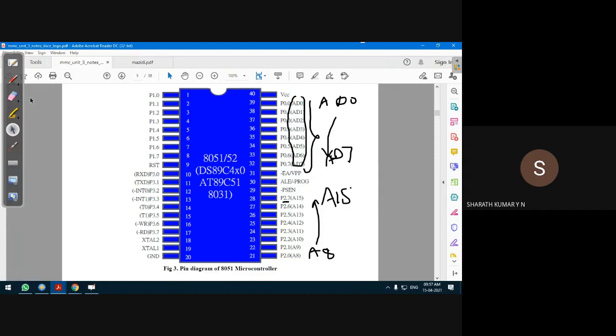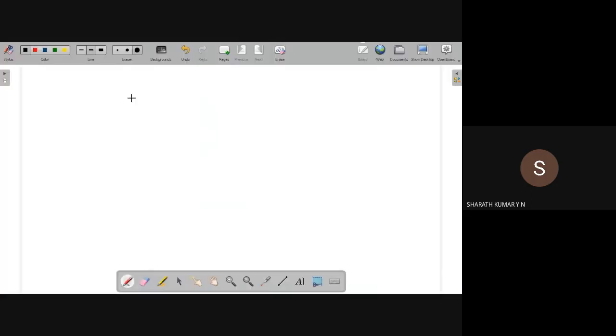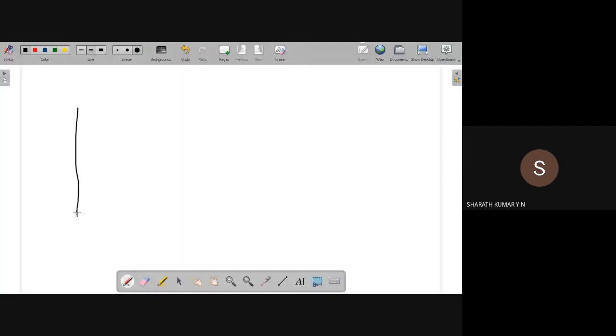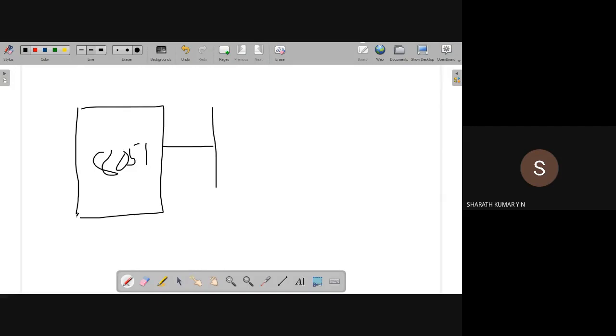So, what is the meaning of this additional function? Let us understand. Port 0 has additional functions like AD0 to AD7, and port 2 has A8 to A15. What does it mean? In the 8051 microcontroller, this is the interface to external memory. Now, when it is interface to external memory, whenever we say memory,